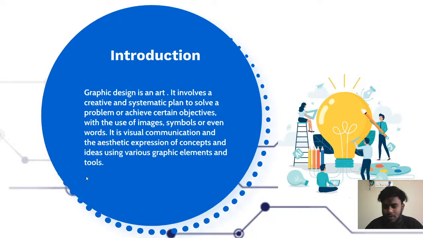So that is the aim of graphic design. Once your design can explain what you are coming to say, rather than explaining it in 1,000 words, with the use of images, symbols or even words, you can tell the world what you are thinking. It is visual communication and the aesthetic expression of concepts and ideas using various graphic elements and tools. So by using various graphical software, elements and tools, you can tell the world what you are coming to say. So that is the introduction, and next we are moving on